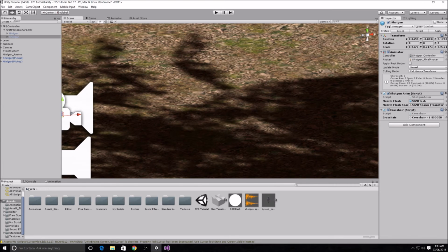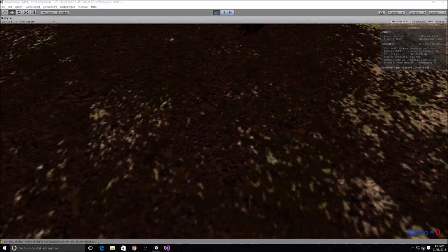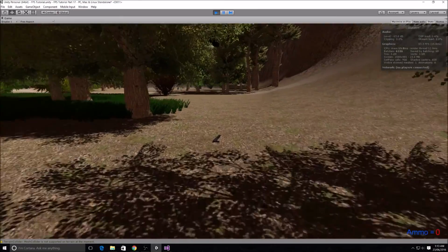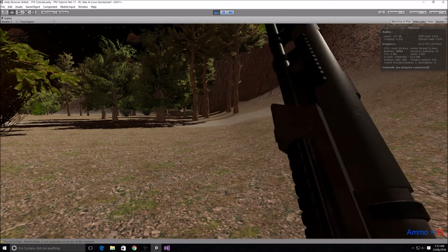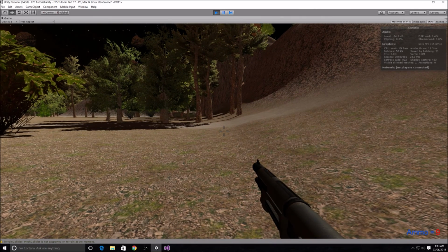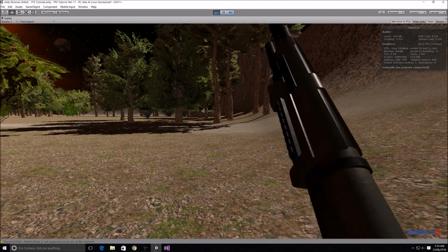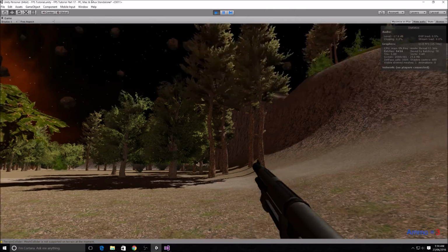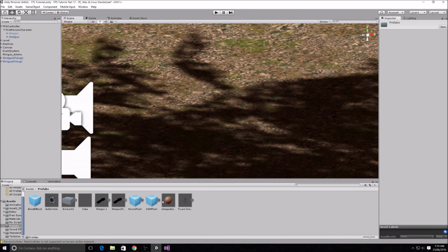So now I think we should be right. We'll just have a look. Just turn the sound down. So we pick up our shotgun, we've got 15 ammo. So hold the trigger, it shoots the bullet and plays the animation, and also instantiates the Muzzleflash every second. Just like that. So that's all working,